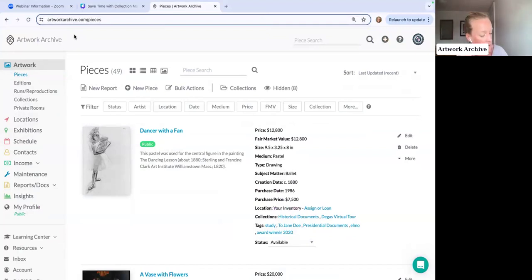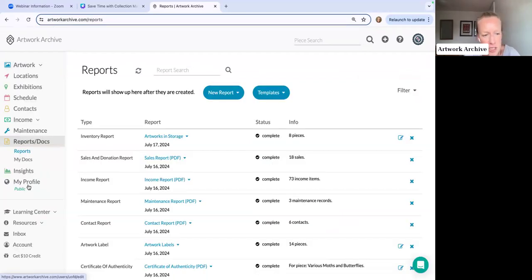So here I am. I'm going to walk through how you can customize a report template from your Artwork Archive account. I am showing an organization account right now, so for our collectors, it should look pretty familiar. There might just be a maintenance tab and an exhibitions tab. If I click here into reports and go to templates,